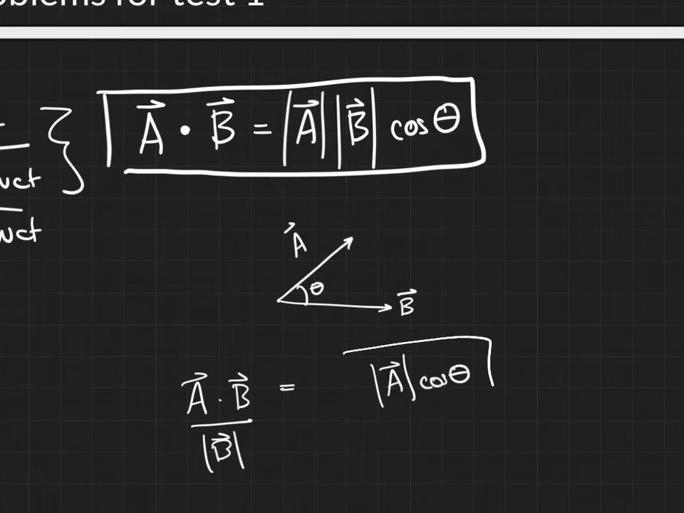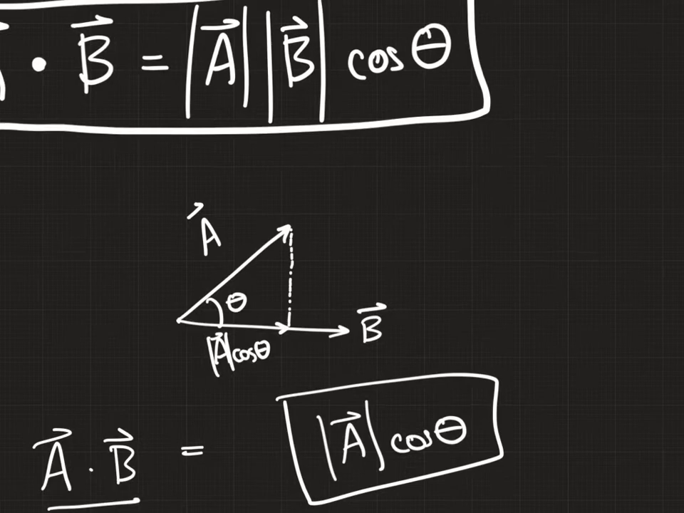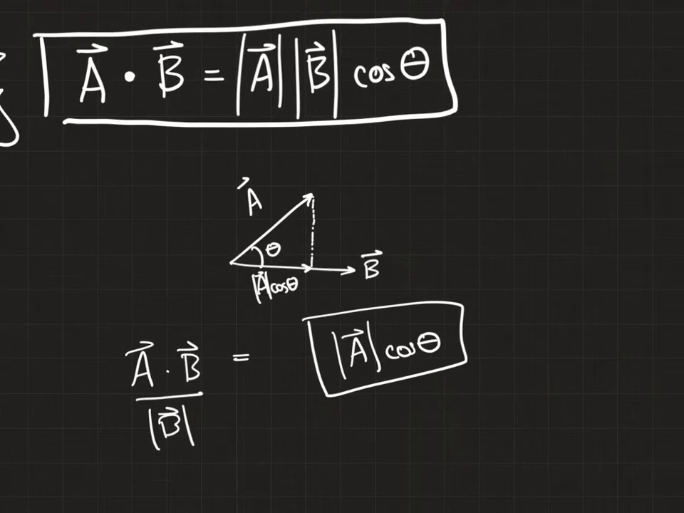So this right here, I can see in my picture above. If I've got A cosine theta, it is this right here. So this is A cosine theta, right? I hope you can see that. So in other words, this expression, either side of that equation, is the projection of A